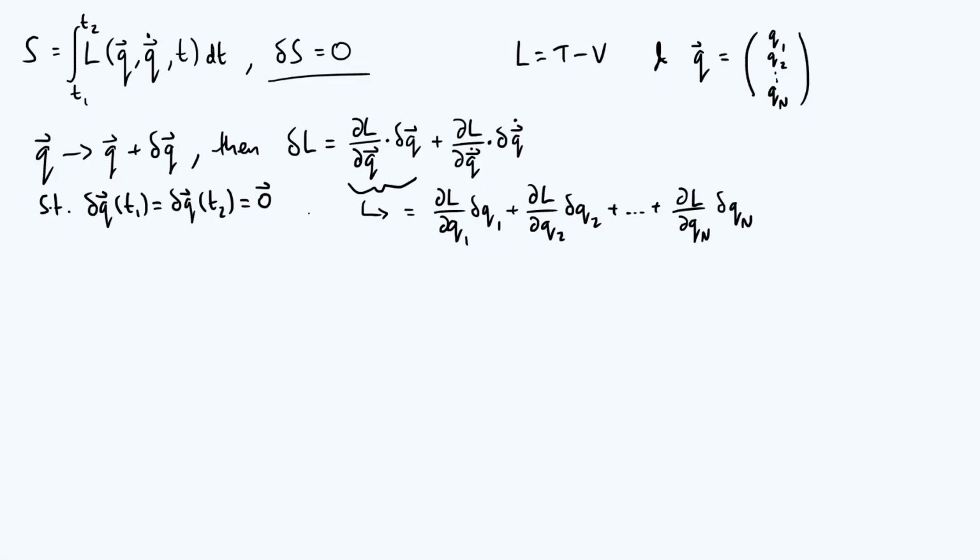So in other words, there can be no change to our perturbed paths at the beginning and end points. That's why those deltas are 0. So anyway, that delta L that we've got is in turn going to lead to a delta S, a change in the action. And the change in the action is just going to be the integral from t1 to t2